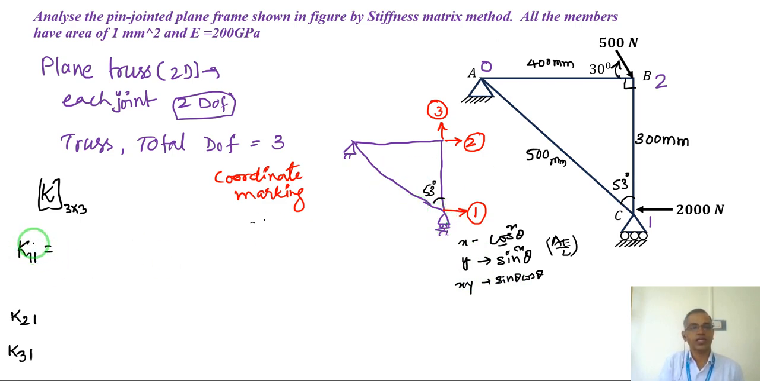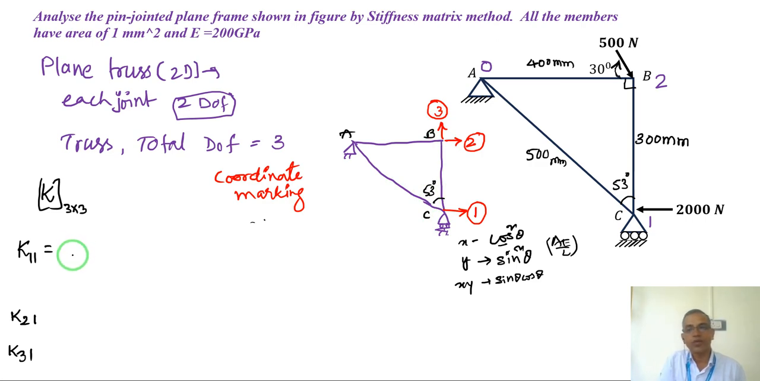Okay, so let us say K11. K11 means at joint 1, how many members are meeting? 2 members meeting. So K11 is the summation of AE by L for the member CB and member CA, right? Member CB and member CA. So member CB,